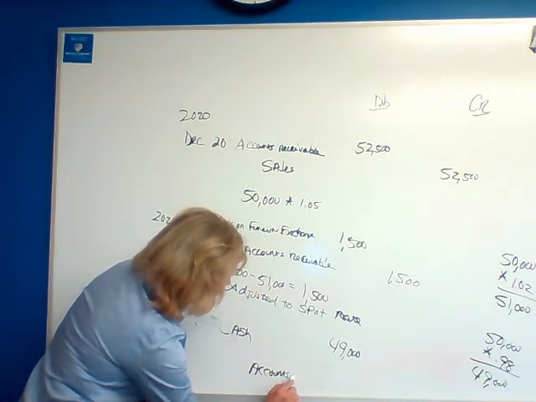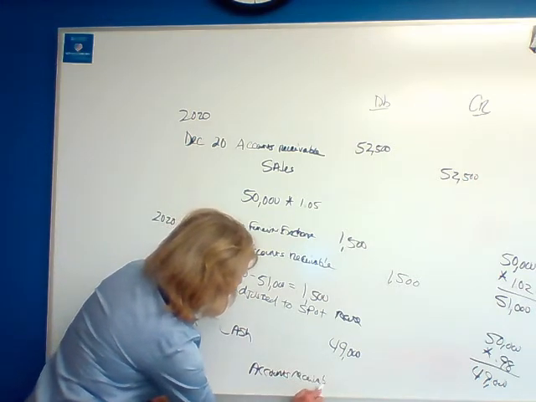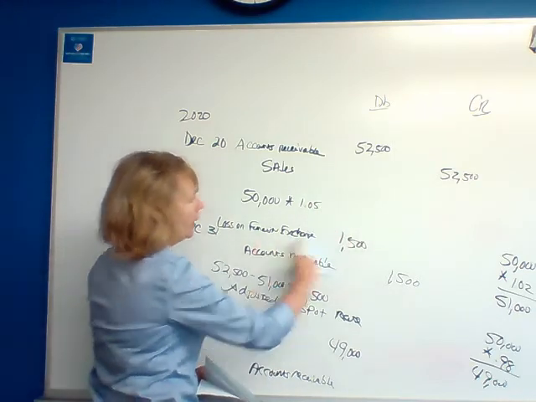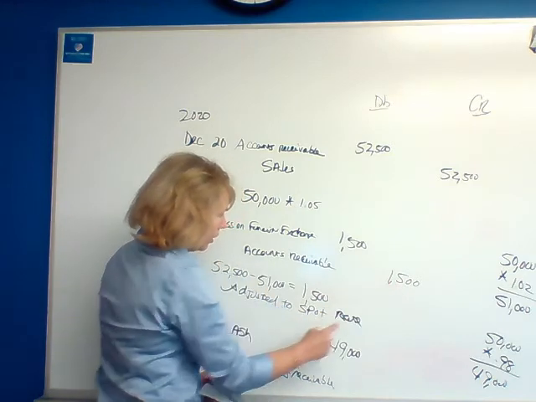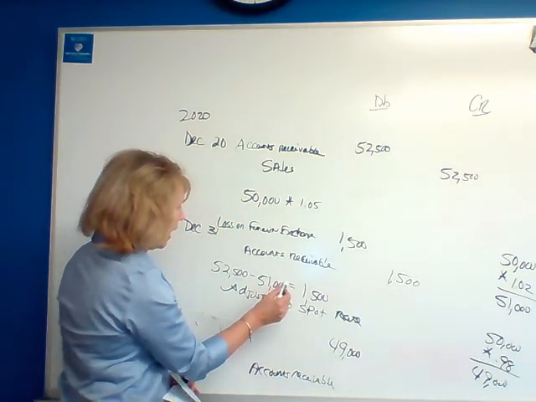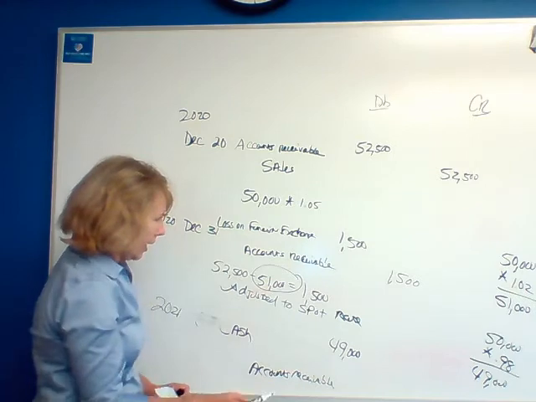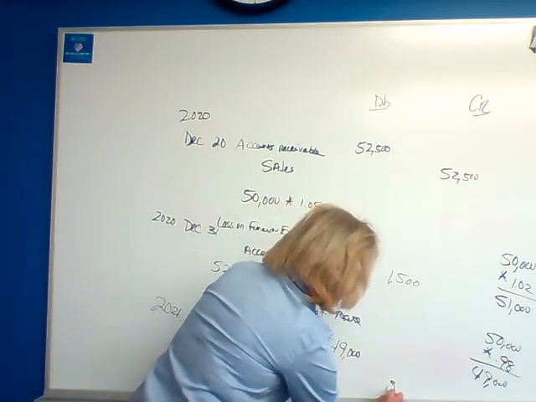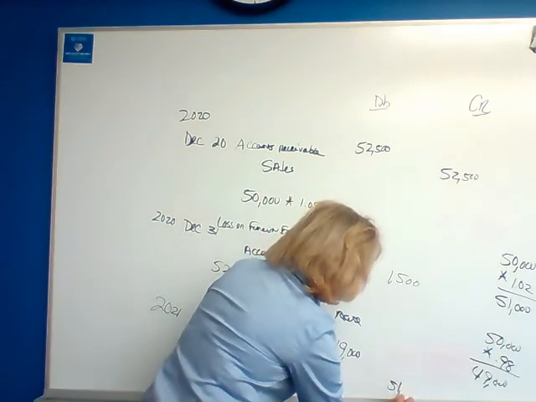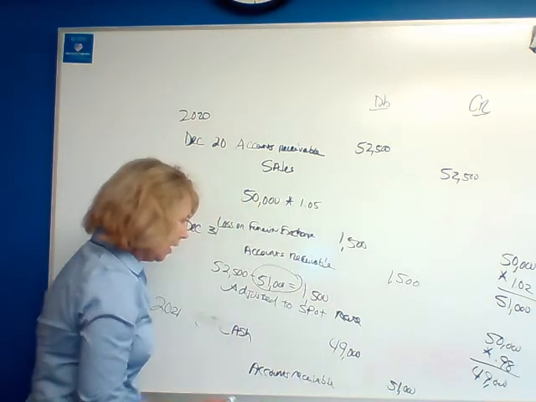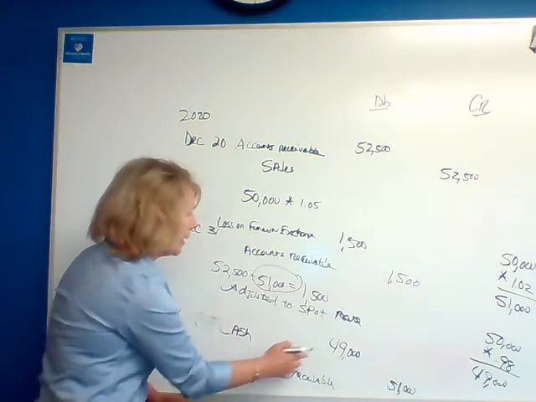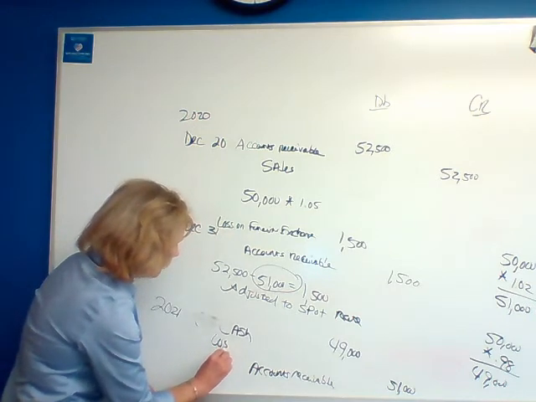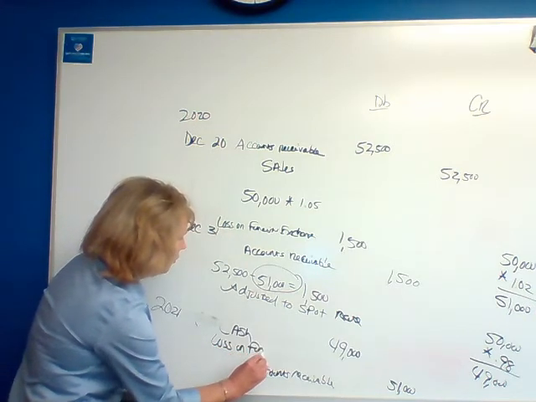All right, let's do the accounts receivable next. It was 52,500, but we adjusted it downward. So my accounts receivable now is 51,000. So I credit my accounts receivable not for 52,500, but for 51,000. Well, when I do, guess what? I thought my cash was going to be 51. It's only 49. I have a loss on foreign exchange